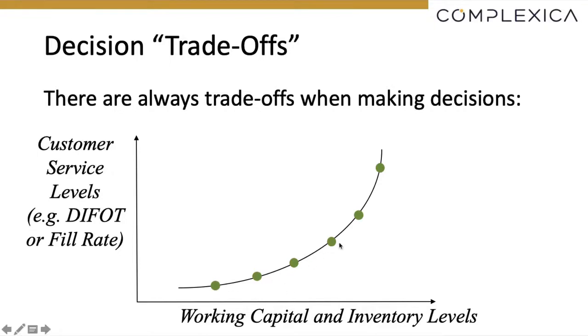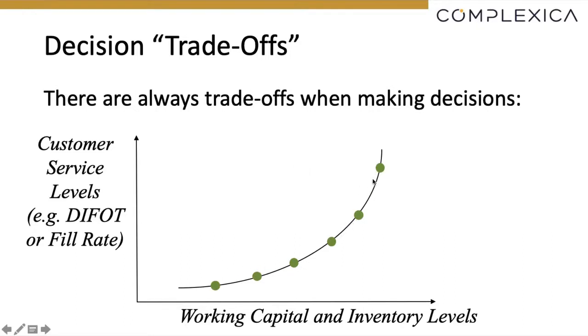So there are actually many possible answers or plans that could be implemented to this problem, and each of them are optimal, but they trade off one metric against another. We can achieve a higher customer service level here, but it requires slightly more inventory and working capital than this one. We're not trying to make the decision. What we're trying to do from a software or artificial intelligence perspective is inform human experts of what this